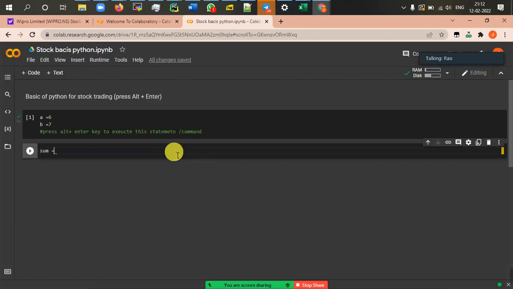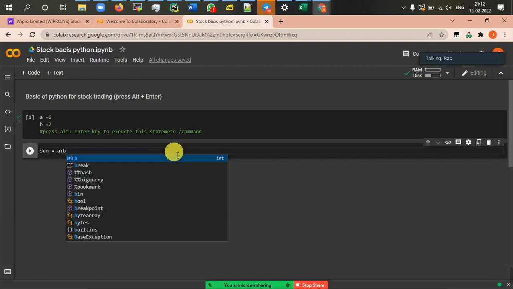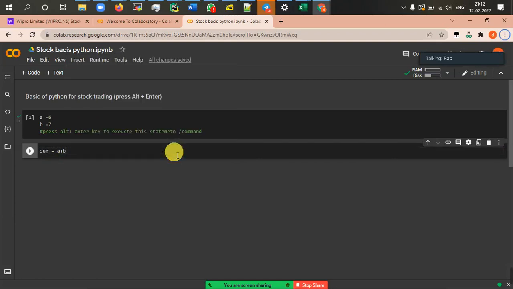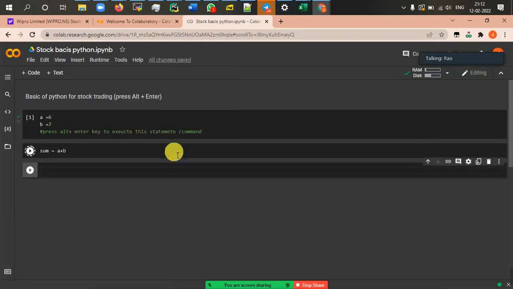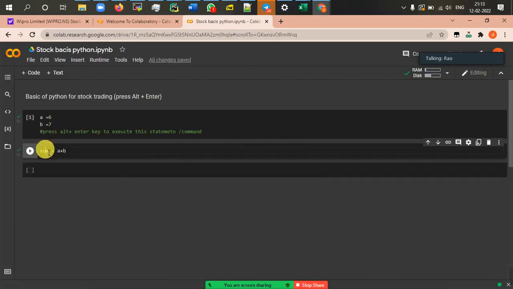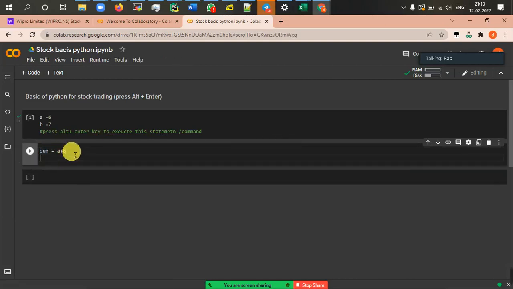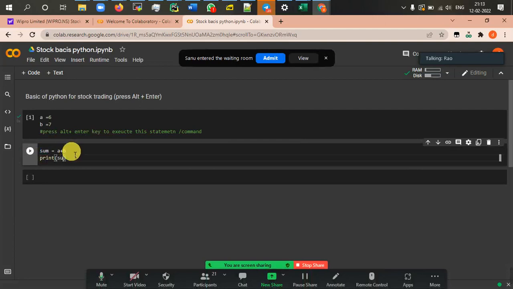Okay. sum equals a plus b. To execute this statement, again you have to press Alt Enter. But still, you don't see any output. Why? Because it's not printed. The sum is stored in this variable, but it is not printed. So what I do, I print it. print(sum)